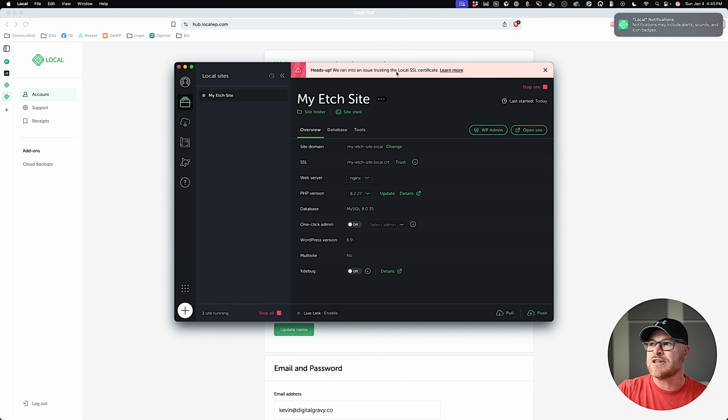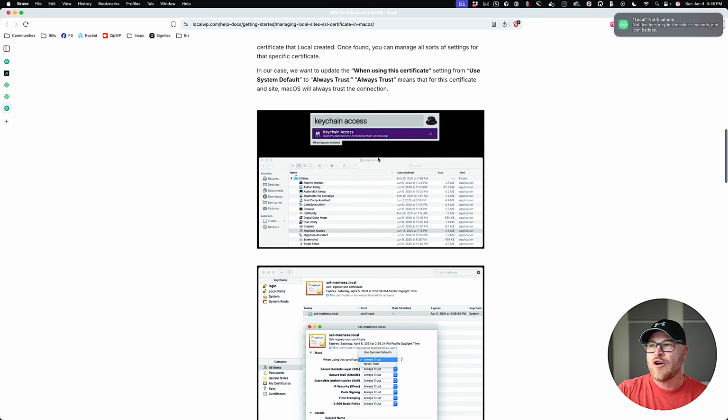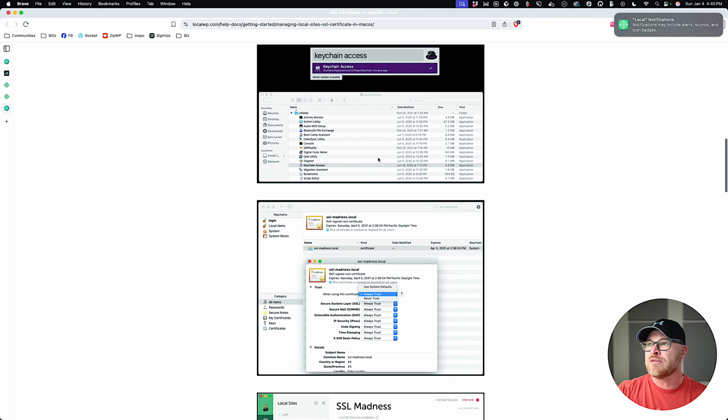Heads up, we ran into an issue trusting the local SSL certificate. You're going to click that button and read what you need to do in terms of, sorry,